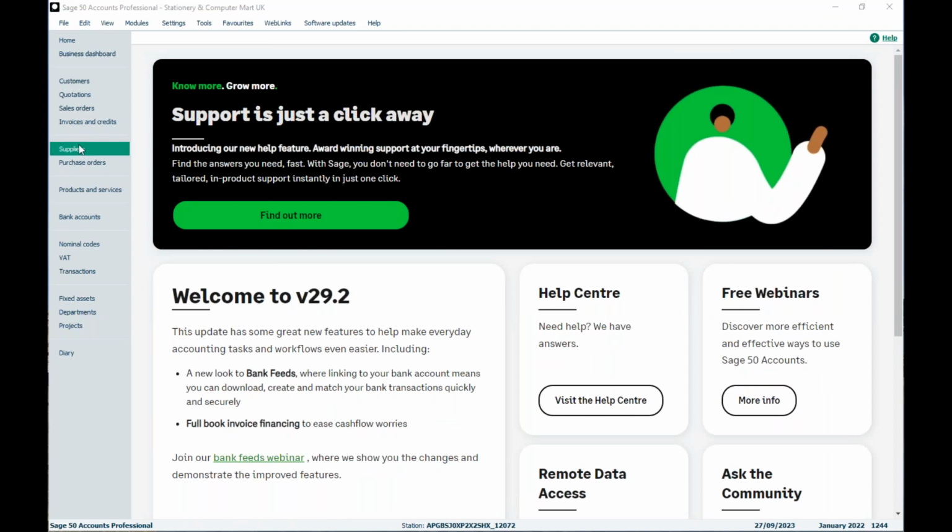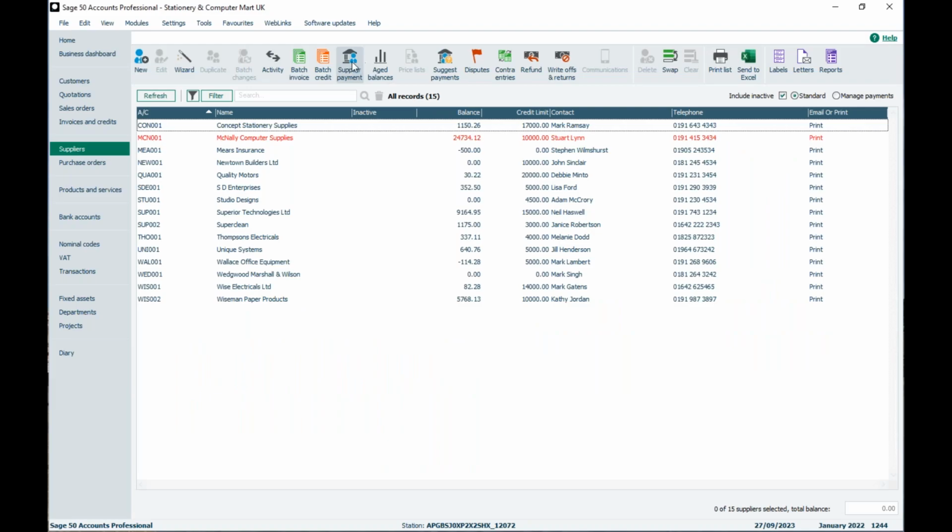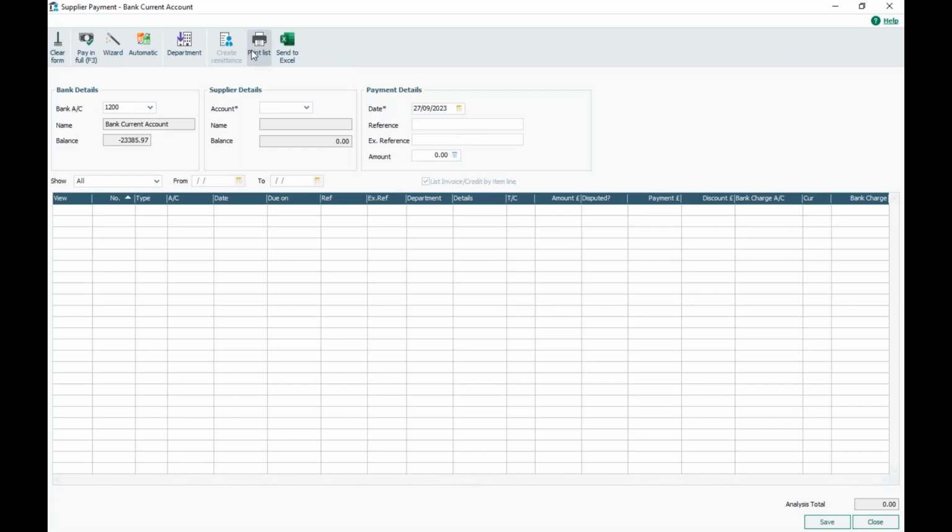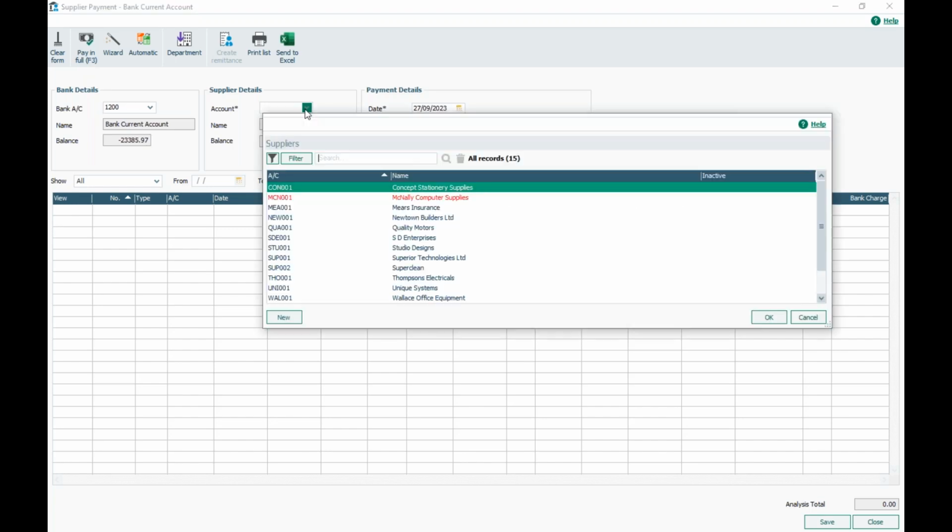So let's have a look back in the supplier window. I now just want to cover the options that you get along the top. So we've already covered pay in full. So like you say, you can press pay in full or you can press F3 on your keyboard when you are in that payment box. So I'm just going to choose a